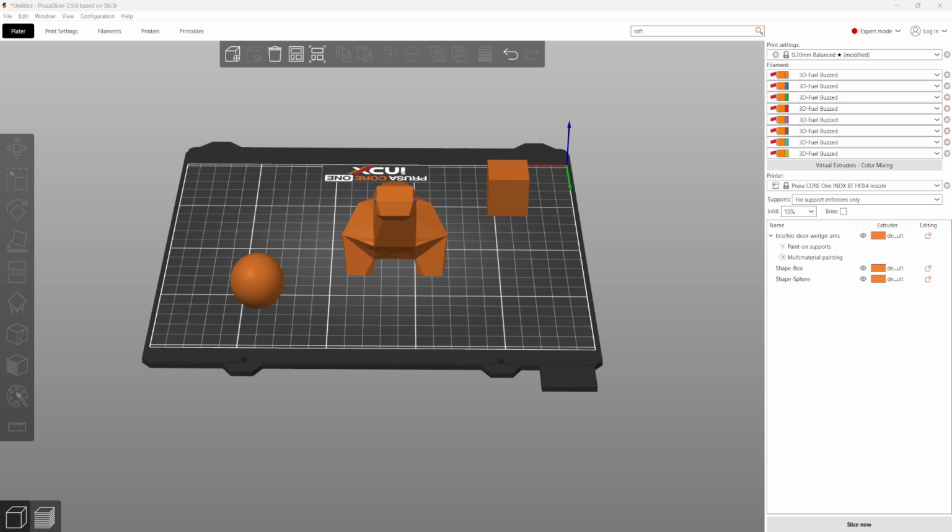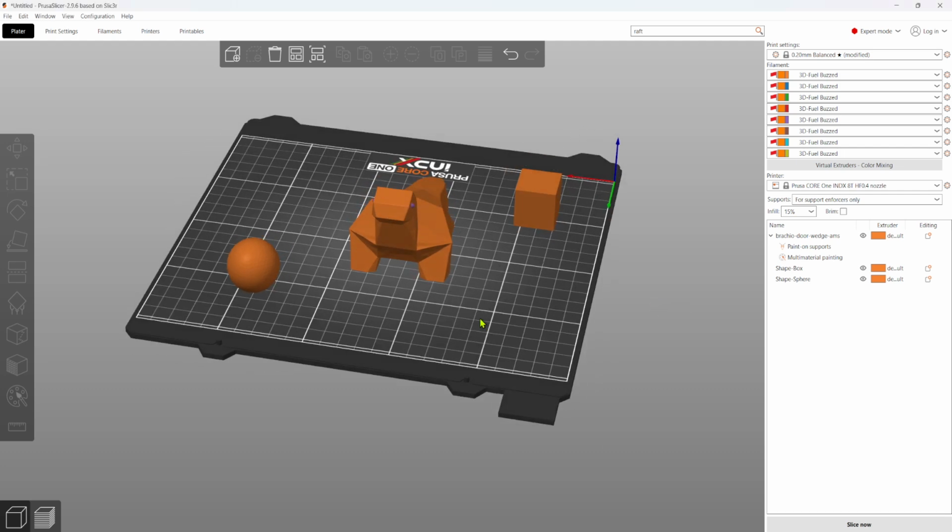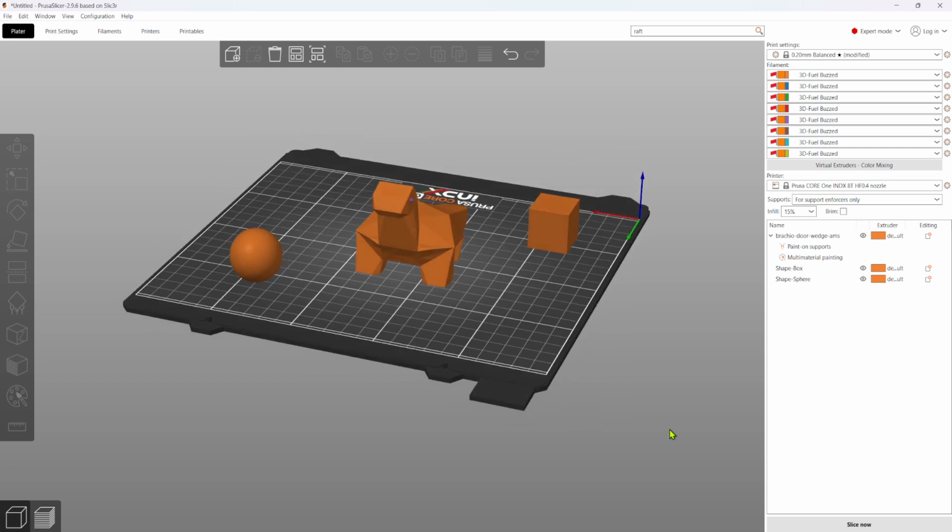If PrusaSlicer detects a broken file, it will place a small orange triangle warning icon somewhere in this window, probably here in the bottom right corner. Now what we are going to do is look at the object list panel on the right side of the screen